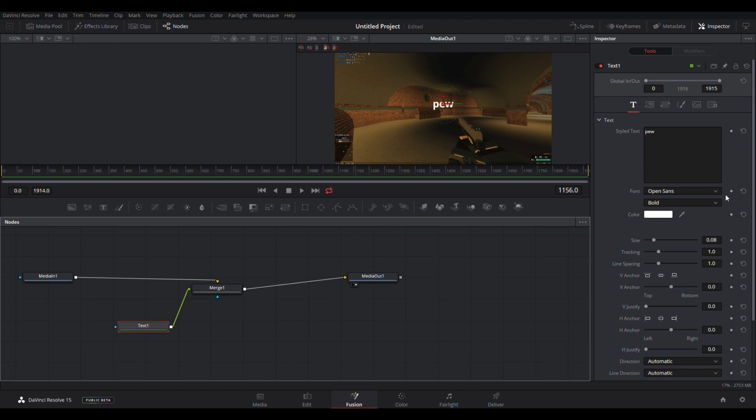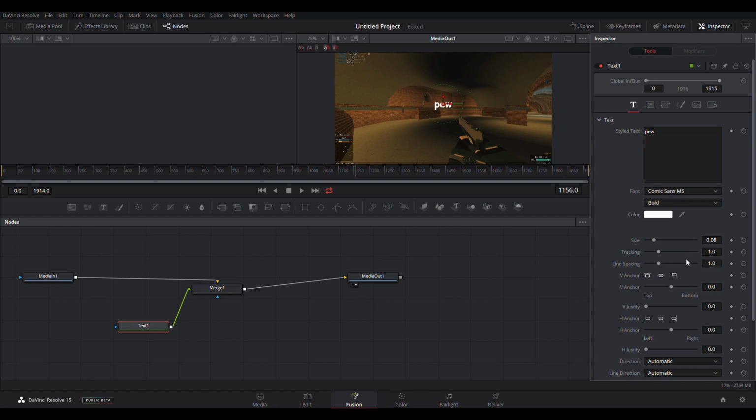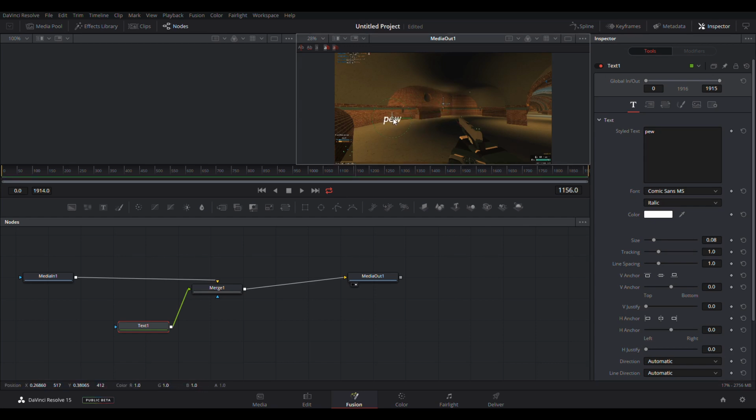That's it. Let me give it a Comic Sans. Where's Comic Sans? Comic Sans MS. There we go. It's going to be italic. And believe me or not, this is the positioning. You have to spin this. You have to do this to actually